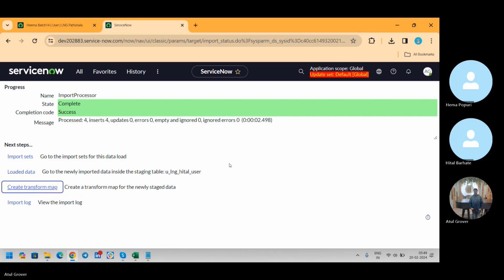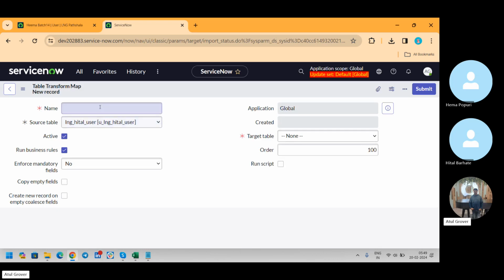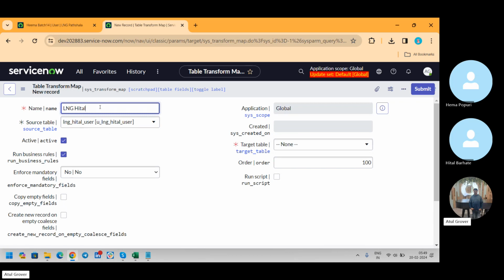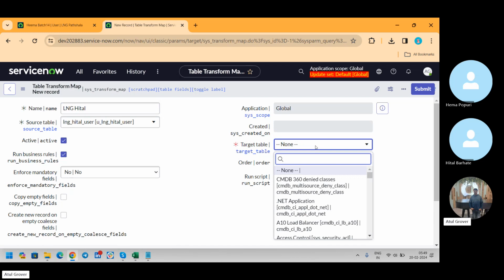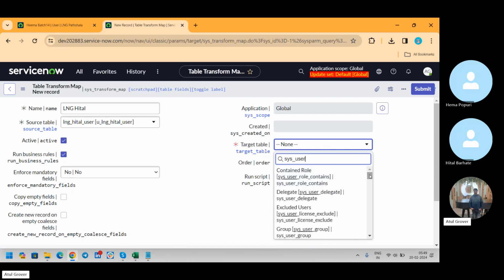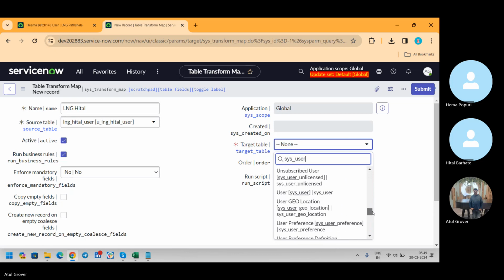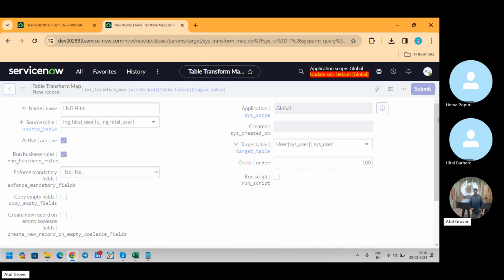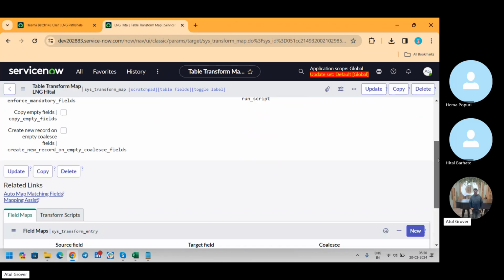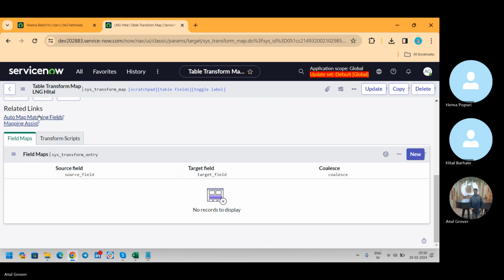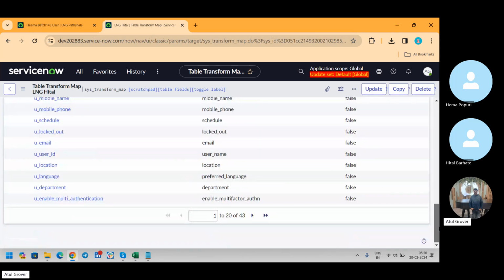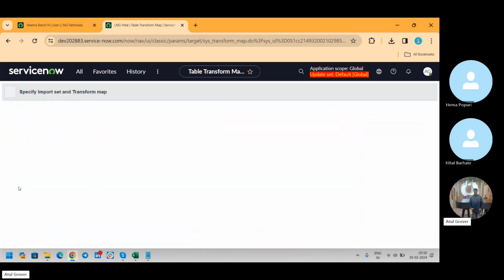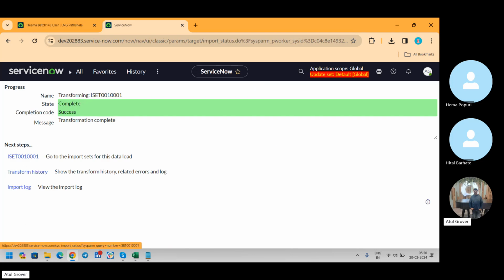हो गया भाई, ओके, ठीक है, LNG Hetal and we'll do user table, ये सेव, ठीक, ऑटो मैप, ठीक है जी, डन, ठीक, एंड रन ट्रांसफॉर्म, ट्रांसफॉर्म, डन, go here,